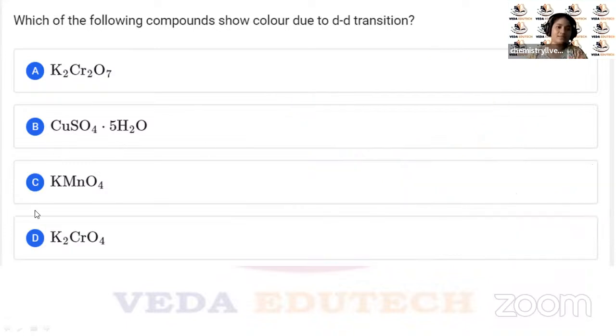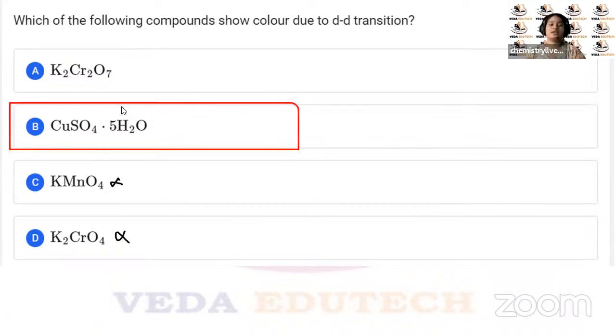तो कौन सा ऑप्शन हो जाएगा, बाकी सब तुम लोग ट्राई कर सकते हो, ठीक है। सेम चीज यहाँ पे भी, चार्ज 2- होगा, क्रोमियम का चार्ज 2- है, तो यहाँ पे भी नहीं होगा और यहाँ पे भी नहीं होगा। यू कैन ट्राई एंड सी, आई एम नॉट गोइंग टू सॉल्व एवरीथिंग। तो ये ऑप्शन नंबर B हो जाएगा तुम लोगों का आंसर, ठीक है।